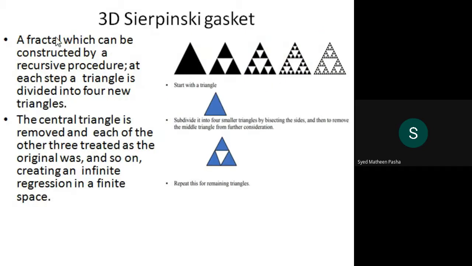To study the basics of the Sierpinski gasket, look at the diagram specified here. This is one triangle. I'm including four triangles in the inside of the triangle. Inside the triangle, I am developing four triangles. How many triangles are there? One, two, three, and four. There are four triangles. Again, inside each triangle, I'm drawing four triangles again.